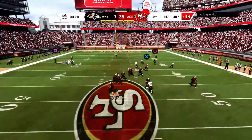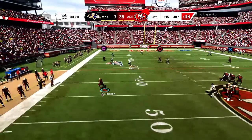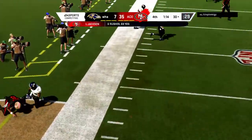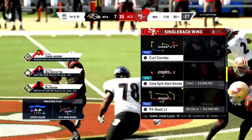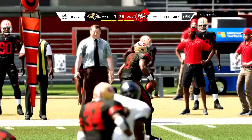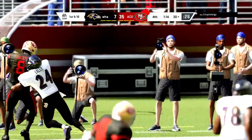They go play action with Jackson. On the move to his left. He may try and run for this. Give him 10 that time, escaping the danger, running with it, and picking up a 1st down. Someone knew exactly where he needed to get to pick up that 1st down now. I'm not so sure about the